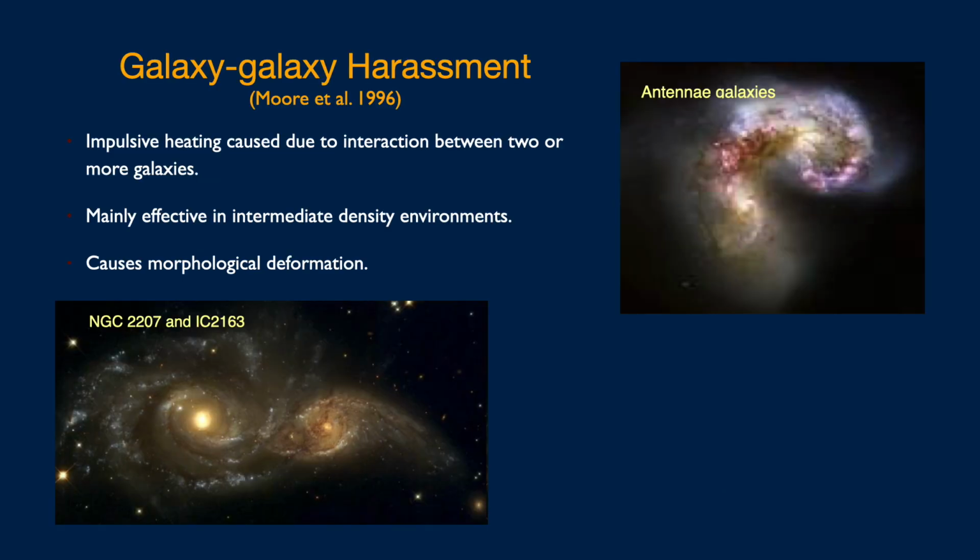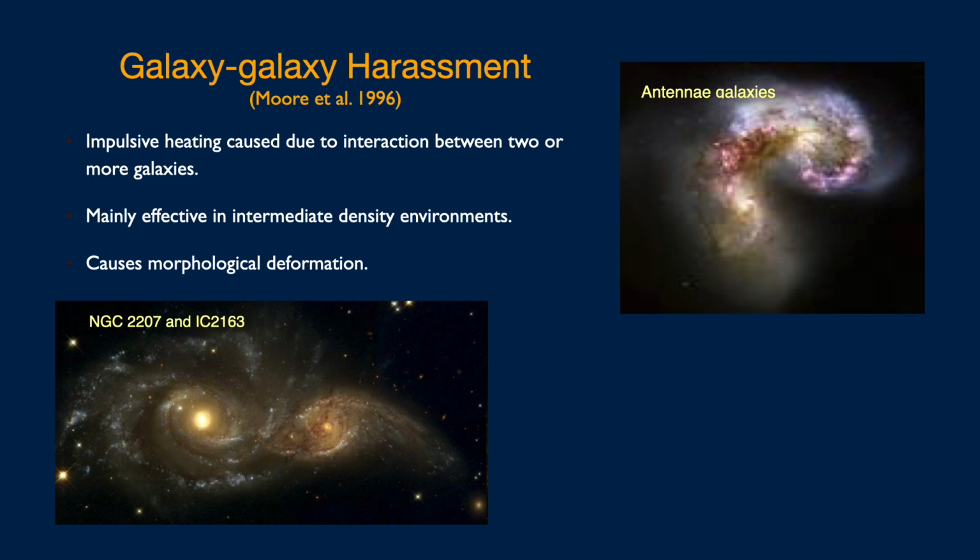Small galaxies can often be harassed by the larger galaxies. What this means is that galaxies gravitationally influence each other without going into a complete merger. In such cases, the relative velocity of galaxies in some of the strong encounters can be up to 1500 kilometers per second. But the velocity impulse felt in the interior of the galaxy is only about 50 kilometers per second or lesser. Therefore, by the time the perturbations in the disk become visible in the form of a change in star formation properties or color of a galaxy, the influencing galaxy has already moved very far away. That is why it is very difficult to observe harassment in galaxies.